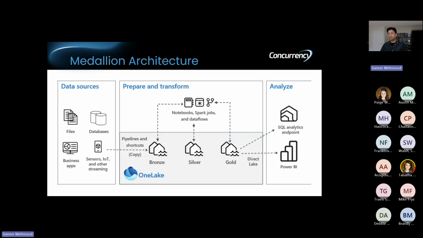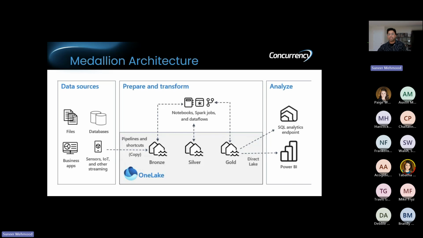Typically in a data warehousing or a data estate scenario, we go with a bronze, silver, gold pattern for movement of data. Look at it from a left to right perspective, right? That's how the data gets promoted from one layer to another. It moves forward. This is a widely followed architectural pattern, although the name was coined maybe 3 or 4 years ago, but the pattern has been followed for years, I would say ever since the data warehouse concept has been there.